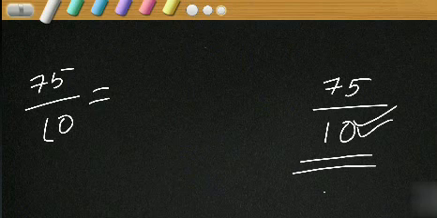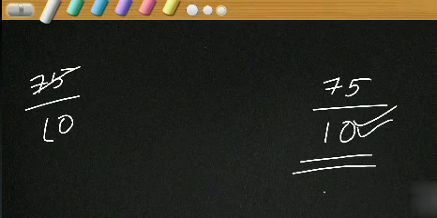Yes, of course, there is 5. We can divide the numerator by 5 and the denominator also by 5. So 5 is a common factor. So we have to cancel this with the 5's table. Okay, let's cancel. 5 sevens are 35. 5 ones are 5. 5 threes are 15.